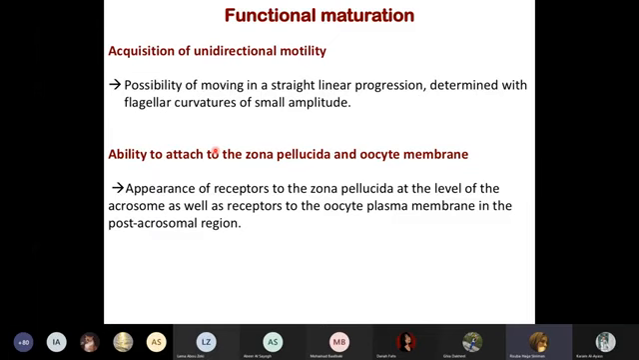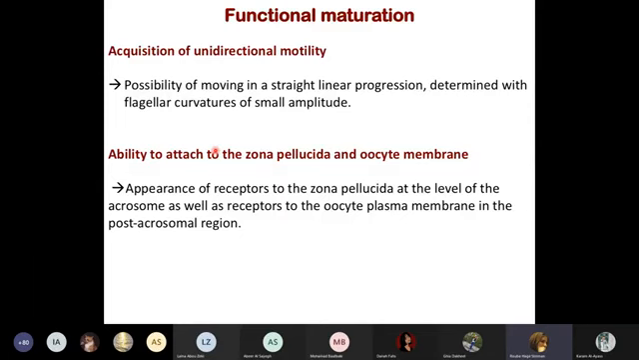So there is a flagellar curvature of small amplitude now. So the movement is possible because of what? What makes it acquire a unidirectional motility? There will be disulfide bridges that will be formed between the tail proteins, and this will make the flagella more rigid and will increase the production of cyclic AMP at the level of the tail, and all of this will help it move in